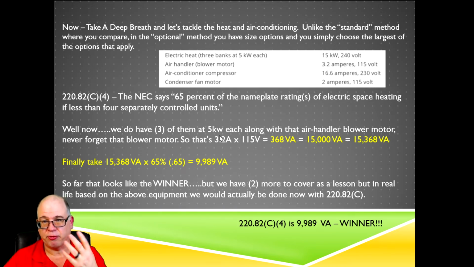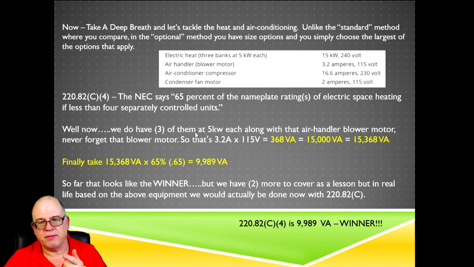In our case, I got 3 right here, 3 of them at 5 kW. So we already know what that's going to be. That's 15,000. But remember, I wanted you to think, our system is designed where it's central heating and it does utilize the heat pump. There are unique systems out there that do that. These aren't baseboard heaters, okay? So in this case right here,